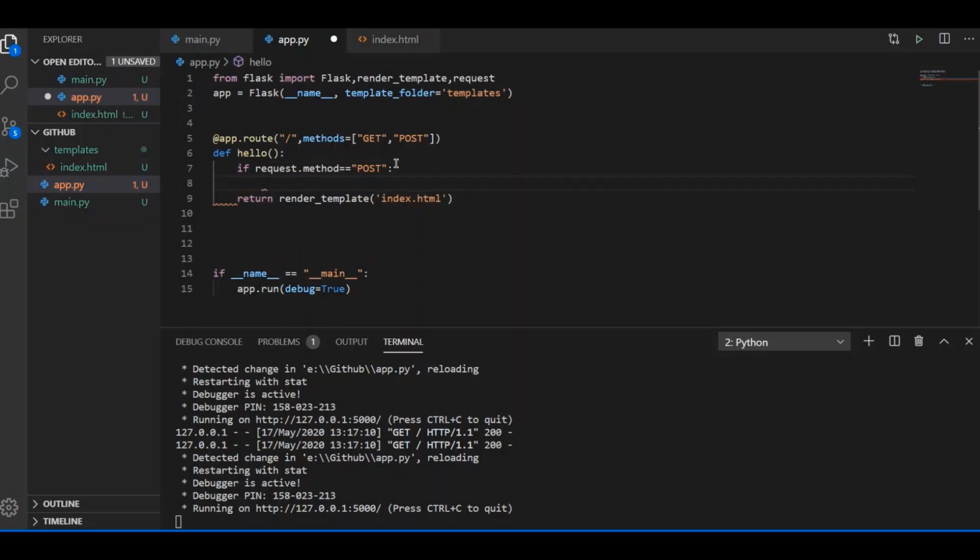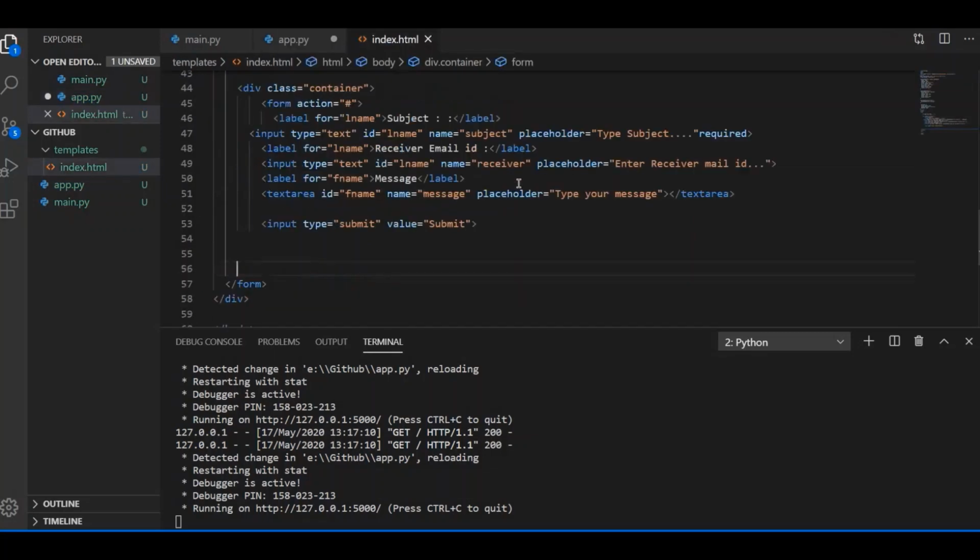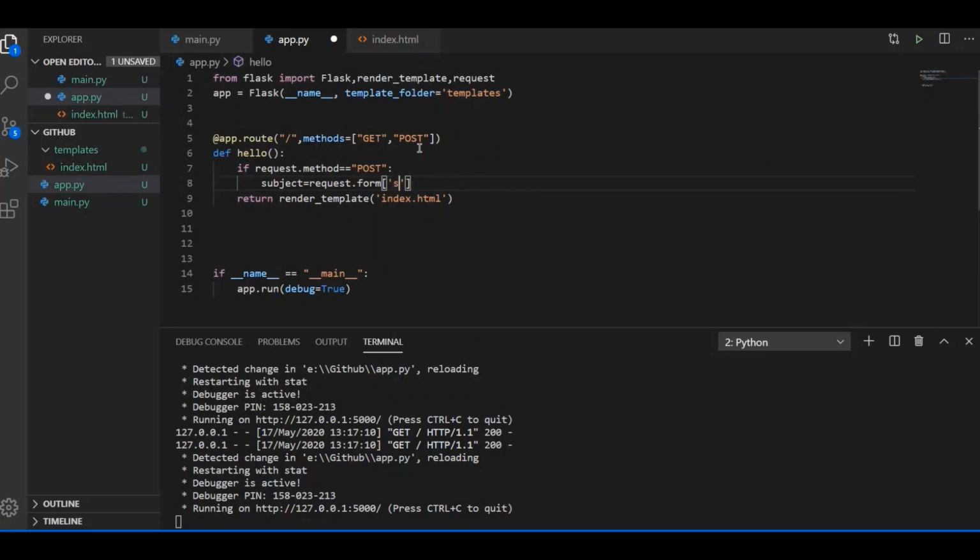So I will make a variable. First of all, not message, but first is subject, so I will make subject, and I will write request.form, and from form I will get the name. Here the name of subject is subject itself, so I will write subject here.